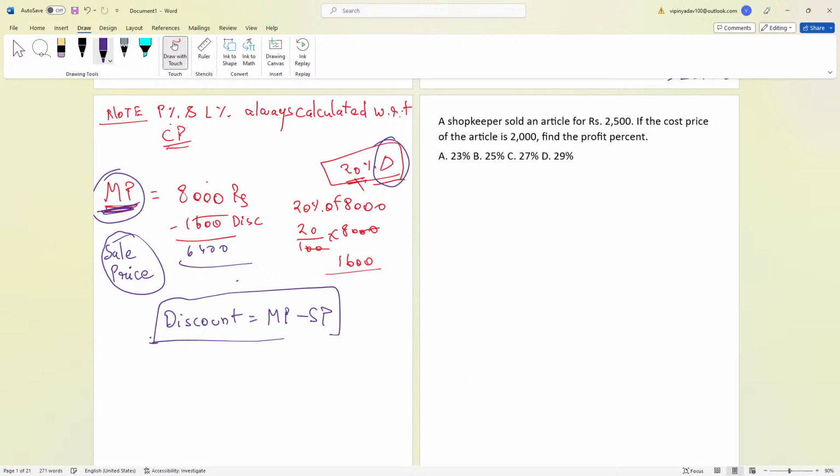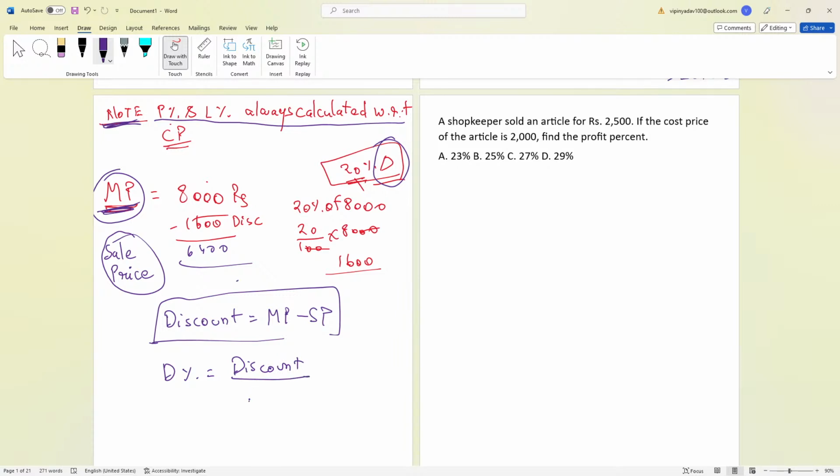Further, we also have the discount percentage formula. Here, we have discussed a note for the selling price and the cost price. So can we now discuss the marked price and the sale price as well? Yeah, sure, why not? So let us begin. Now we have the discount percent. Discount percent will be like what? Discount upon